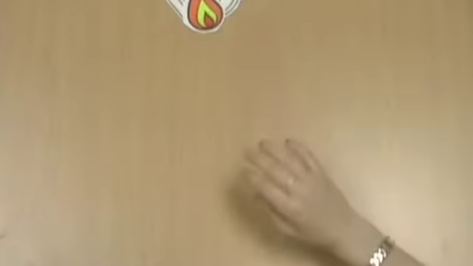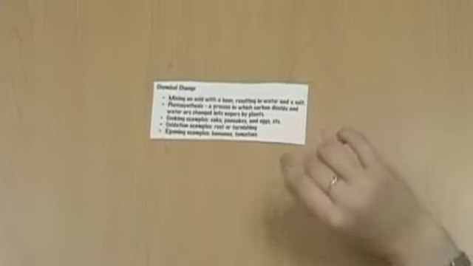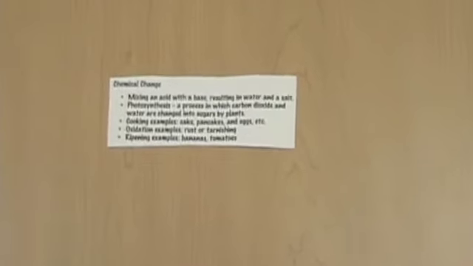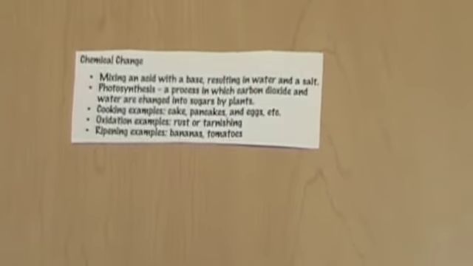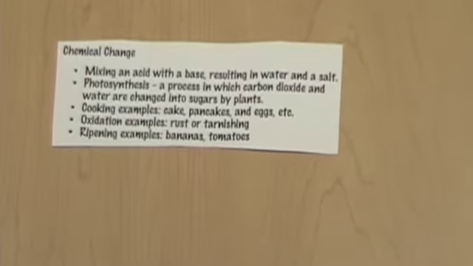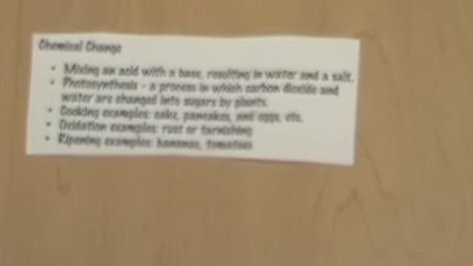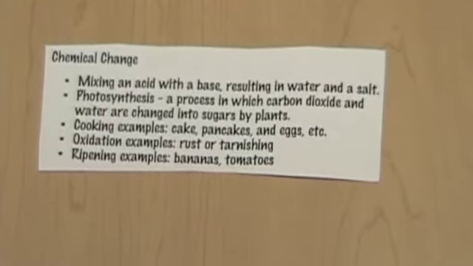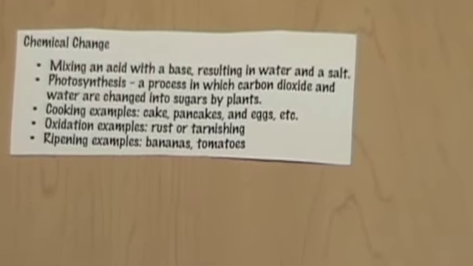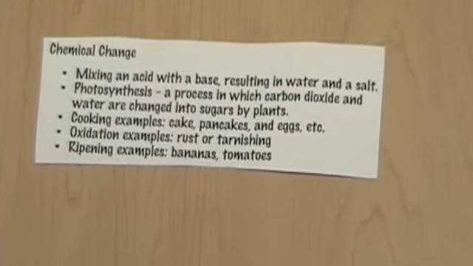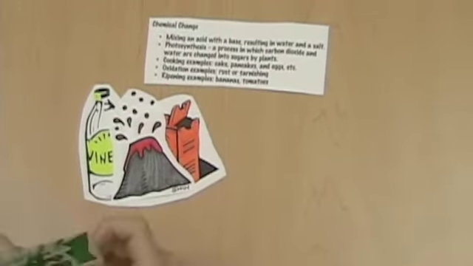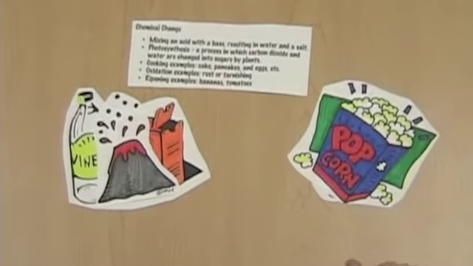That is different from a chemical change. It cannot be undone. Because you can't unbake a cake and you can't unripen a tomato. So other examples of a chemical change include mixing acids with bases, photosynthesis, or the rusting or tarnishing of metals. Other examples include mixing vinegar and baking soda to get your volcano, taking corn and popping it into popcorn,